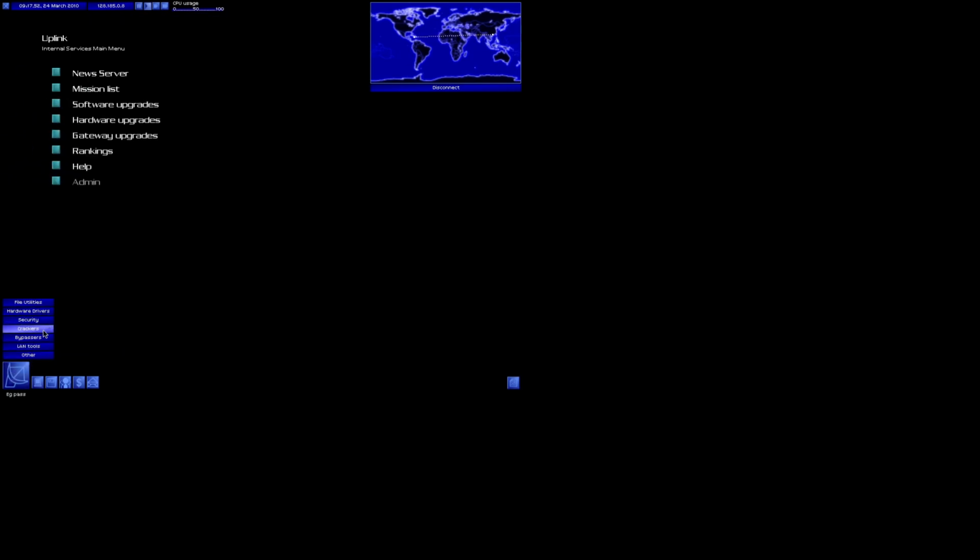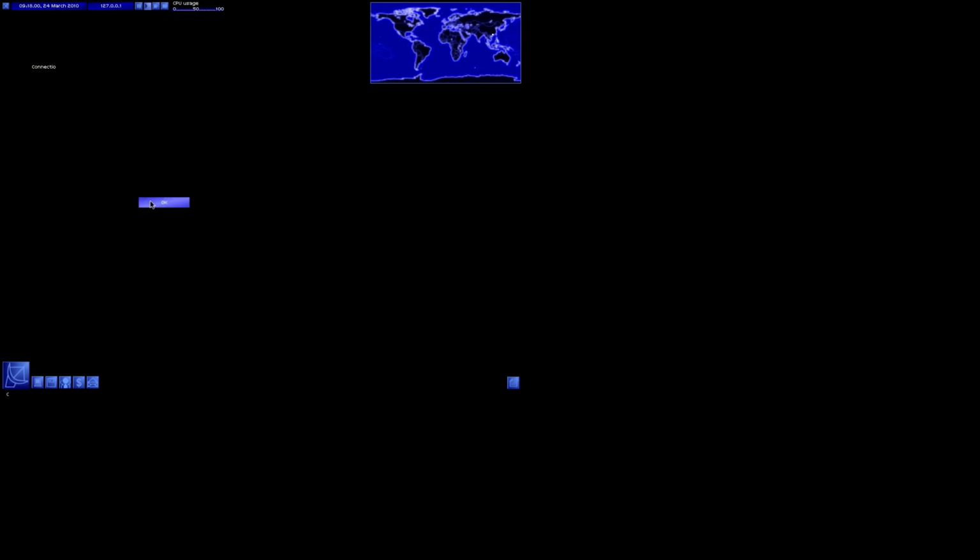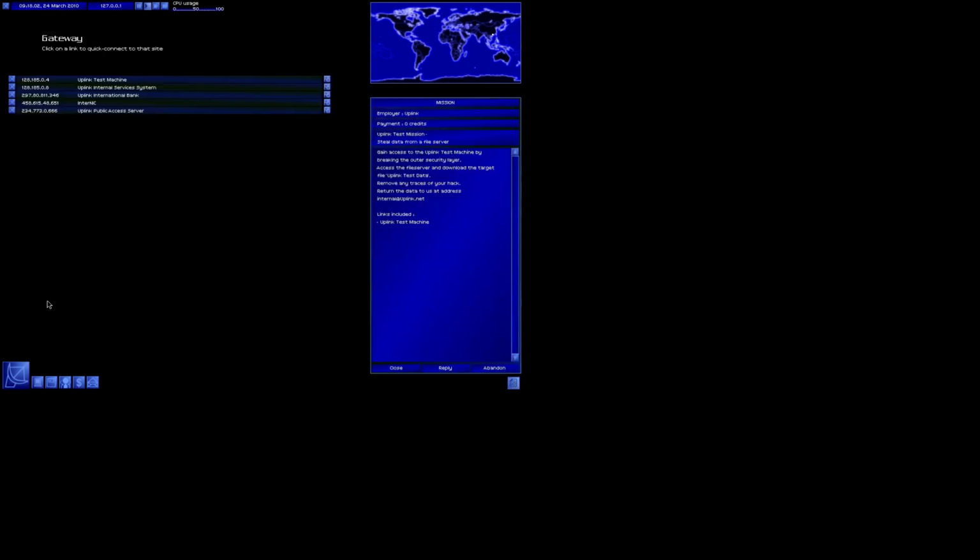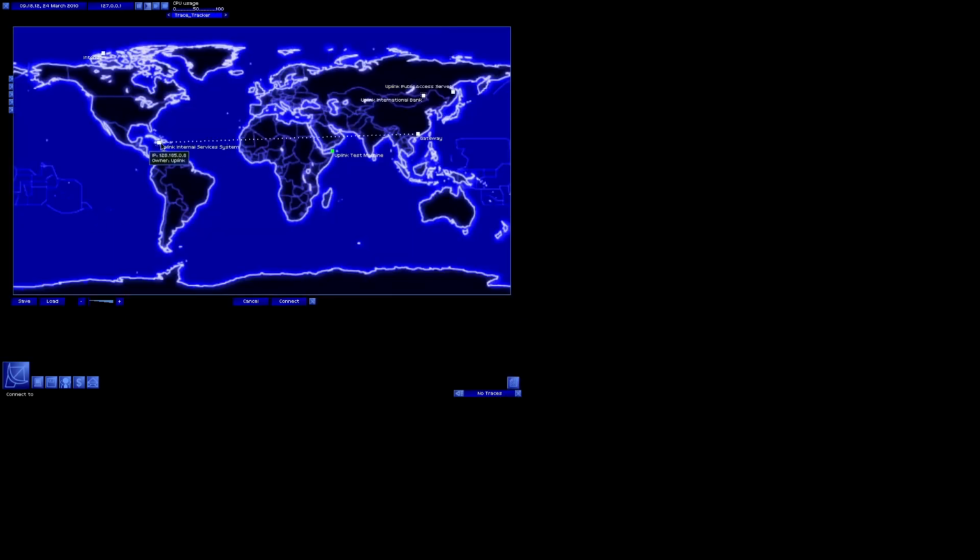And what we want to do is open the trace tracker because you want it running in the background, and it will show you here exactly how many traces are there. So what we want to do is go into several because we don't want to connect them directly. We will connect to the test machine